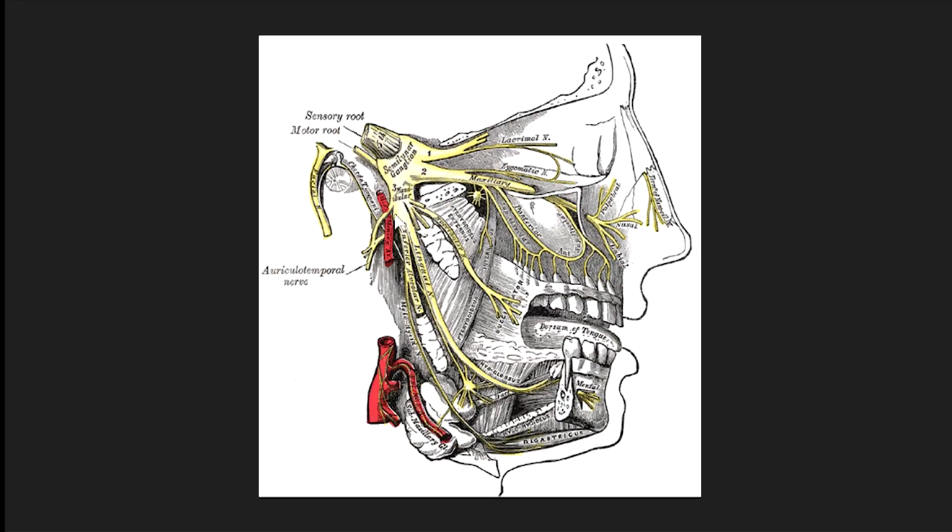Fibers from the principal sensory nucleus and from the pars oralis and interpolaris of the spinal nucleus of the trigeminal nerve, which we'll show you, decussate at the level of the pons and join the medial lemniscus, which is an important proprioceptive pathway, as something known as the trigeminal lemniscus, and it terminates on the medial VPM, or ventral posterior nucleus of the thalamus. There's also some uncrossed fibers, but the bottom line is you've got some fibers going over